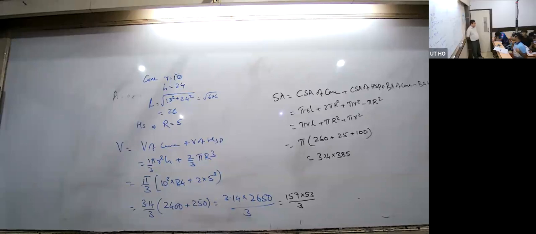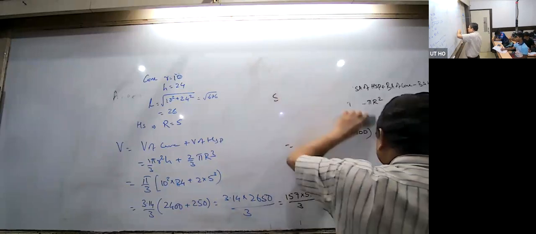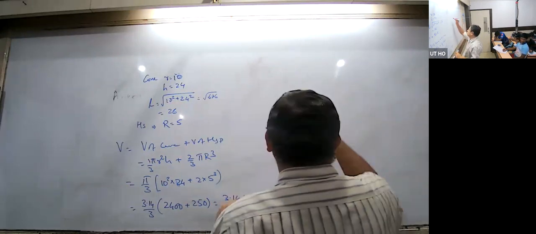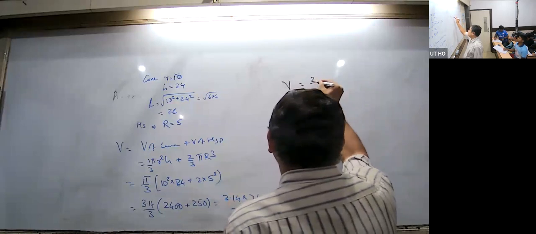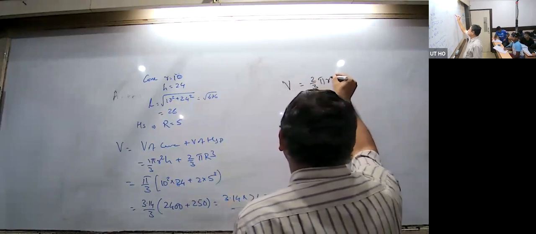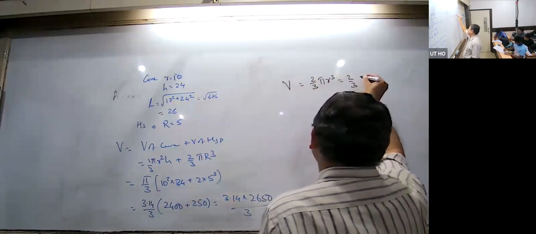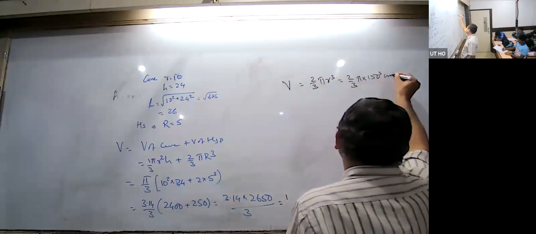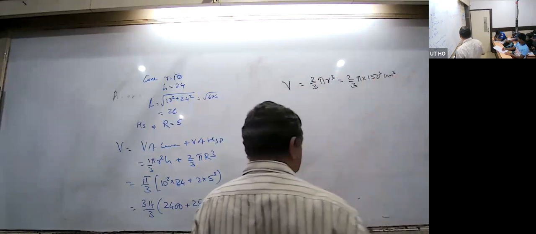Those are not getting right. Radius is equal to 3/2 meter, which is equal to 150 centimeters. Volume is equal to 2/3 pi r cube. That is 2/3 pi into 150 cube centimeter cube. Next,